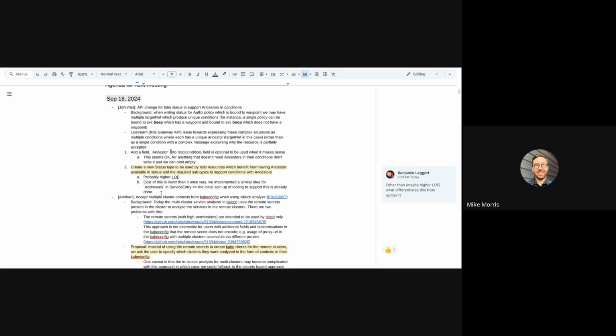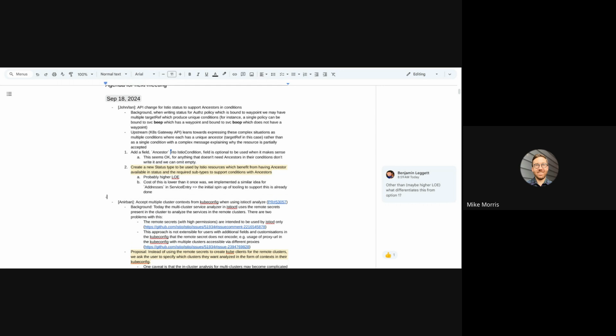I think it's a well-known problem for which we don't have a mature solution yet over in Gateway API or anywhere else. So, like the ancestor policy thing, I haven't fully wrapped my head around whether ancestor is the right word, just because of the relational targeting. I think I see Shane in the call. Maybe he has more input on this as well. I'm with you. We're just kind of floating this out there stage, and we haven't really gotten a ton of feedback on it. I would say I've heard no feedback on it.